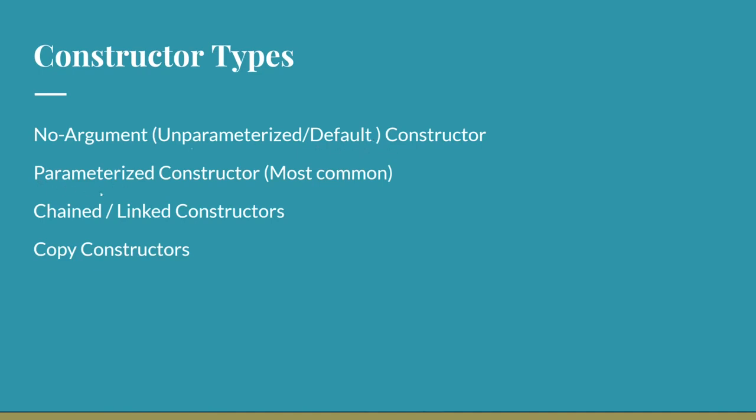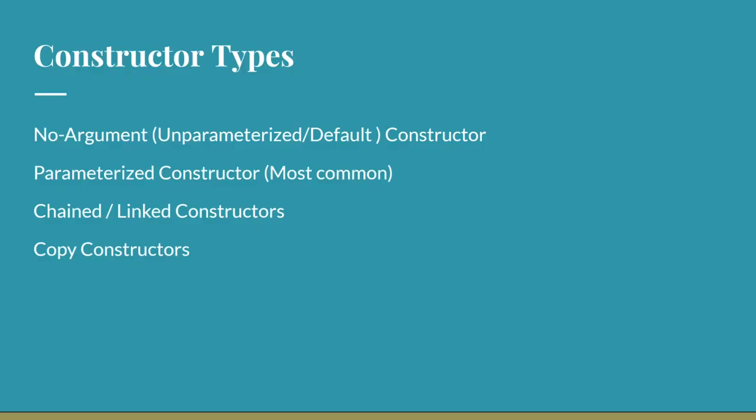Then we've got parameterized constructors, which we had before with Scanner. So this is where you pass in parameters which are used to set the values of the fields in your object. Then we've got chained or linked constructors. So these are when you mix and match different constructors in order to basically have more complex initialization of your